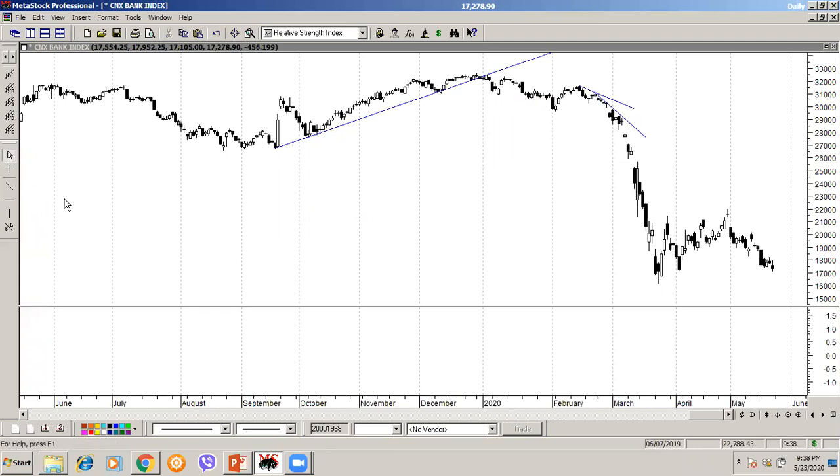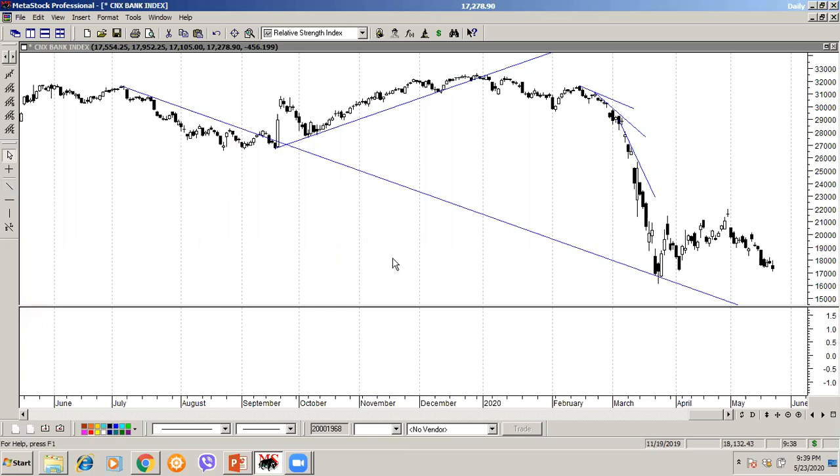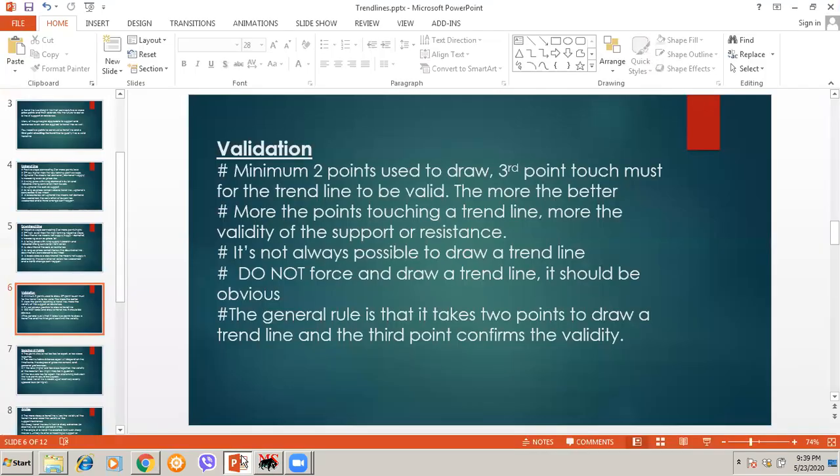At every price move, you're changing the trend line. This is the point which I'm implying that not all charts support in drawing a trend line. There are a lot of charts which will not allow you to draw a trend line, so don't. This will be a downtrending line. See? So like this, we need to draw a trend line. Let's go to the next point.